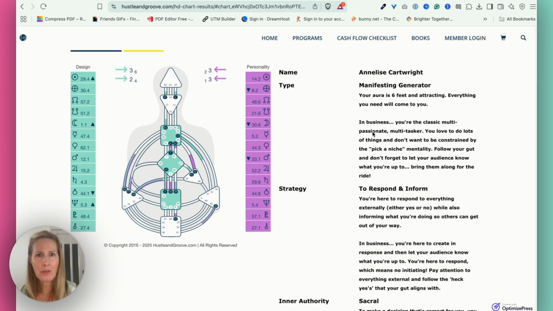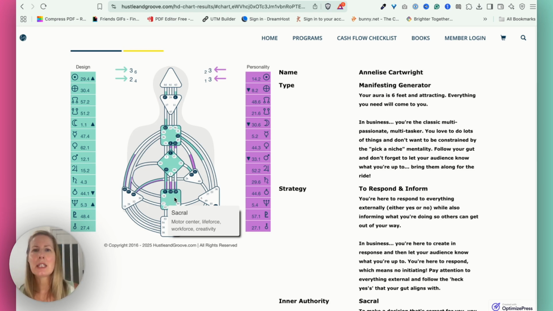Once we've got strategy and authority, we know our messaging is happening through our throat center. Where is the next place that we go? Well, that is typically offer creation, the way that we create our offers, the way that we bring them to life. And that is largely going to be a sacral function. Now, again, whether you have this defined or not doesn't really matter. It does, and we'll talk about that in a second. I'm not trying to minimize that. But this is the center for creation. It's also the center for timing. It's also where you're probably going to come up with pricing, that type of thing.